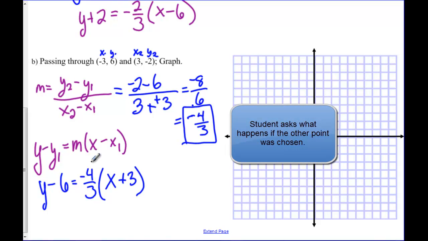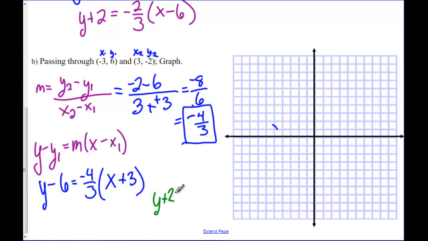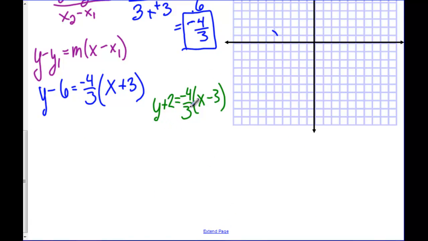So yours might look a little different. If you pick the other one, you're going to have, let's see, y plus 2 equals negative 4/3 onto x minus 3. And so it looks different, but it all comes back to be the same thing. This is part of the reason that we normally use the slope-intercept form, because once you get to slope-intercept form, they would definitely look the same. So I'm going to super quick go through and change both of these into slope-intercept form, because that was a really, really good question. So we would have been done with either this or this for our point slope form,